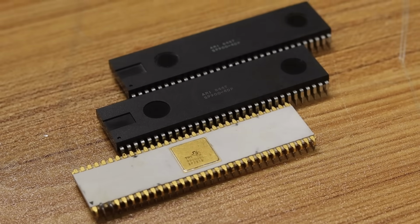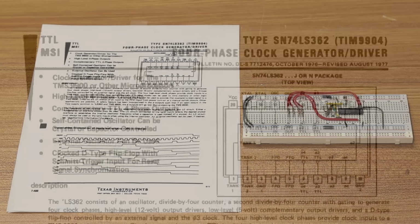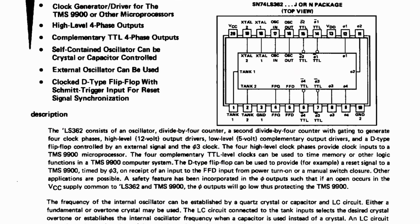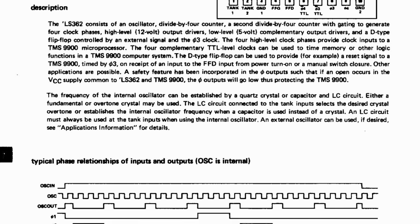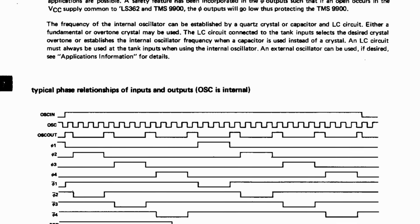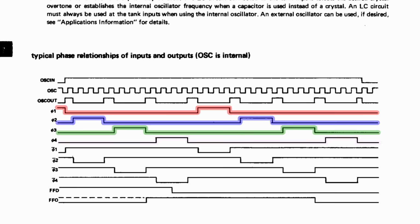Every CPU needs a clock, and the TMS9900 is no exception. But it is a little weird in that it needs a 4-phase clock. So there is a dedicated chip, the TIM9904 here, that generates this 4-phase clock. But it gets even weirder in that it has to be a 4-phase 12-volt clock. And we should get phase 1, phase 2, phase 3, and phase 4 toggling just like they show in this